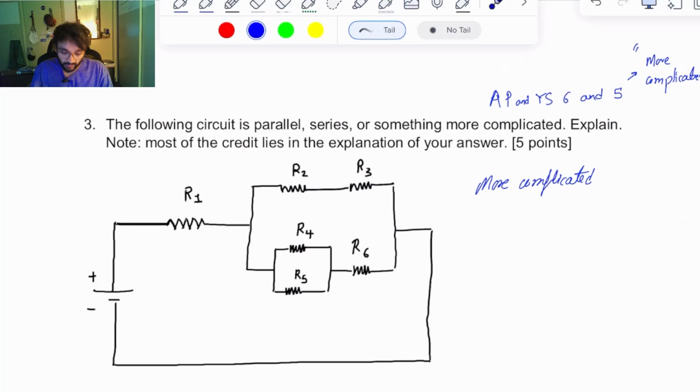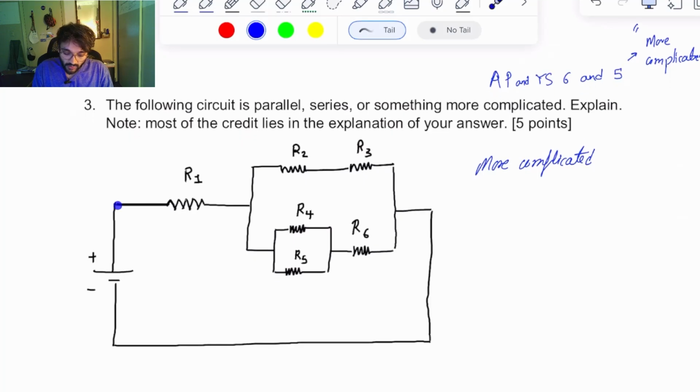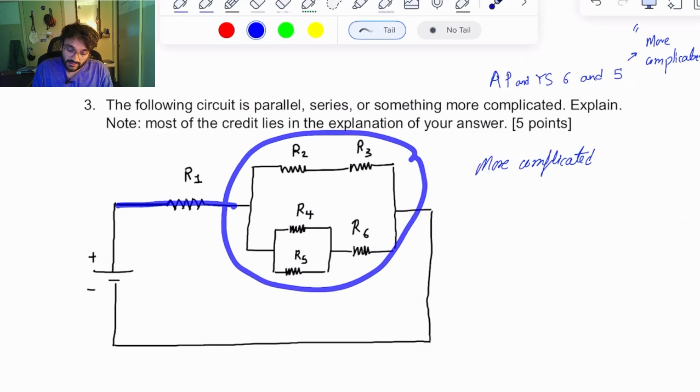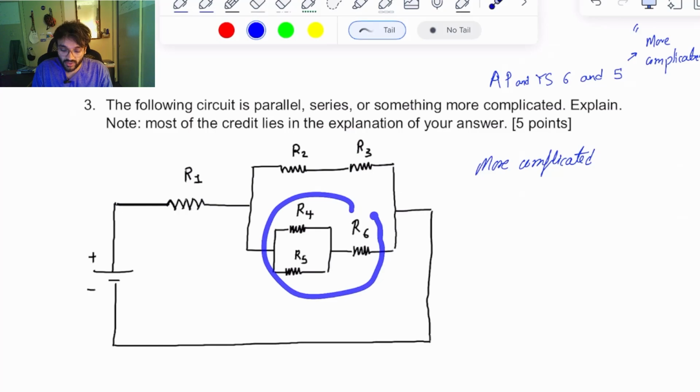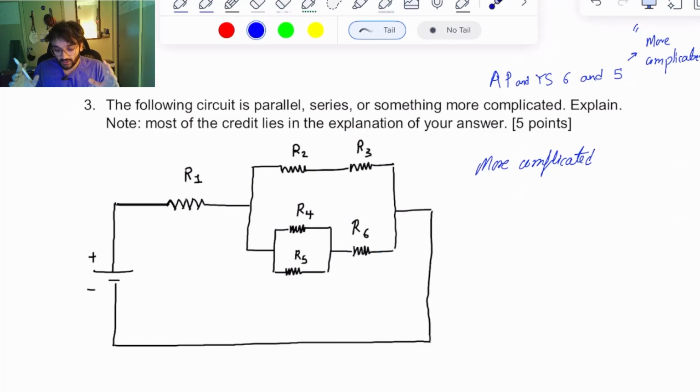Now, people have also said something like, R1 is in series with this bunch, and this bunch comprises R2 and R3 in series, but in parallel with the R4, R5, R6 combination, and further R4 and R5 in parallel, in series with R6. That is a perfectly well written answer, and I have given full points for that. If you have messed up somewhere, where you said half of it but didn't say the rest, I have taken some points off. But yes, the answer is that it is more complicated, because if you imagine a current